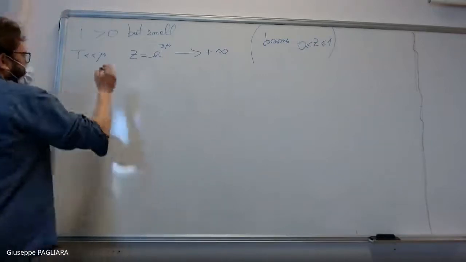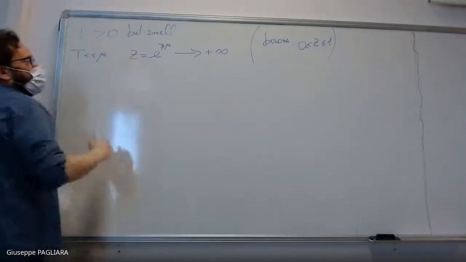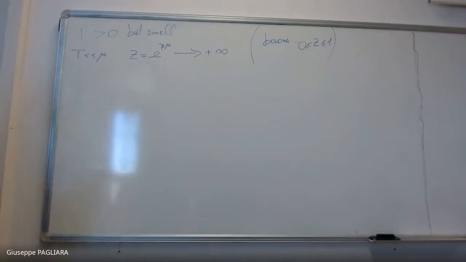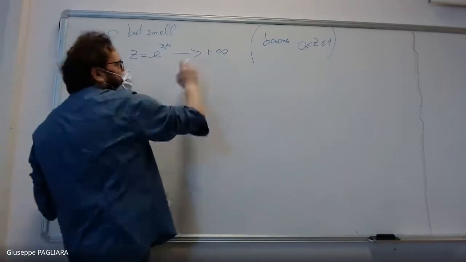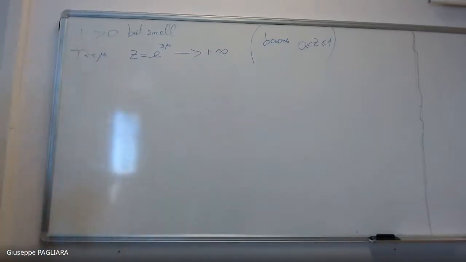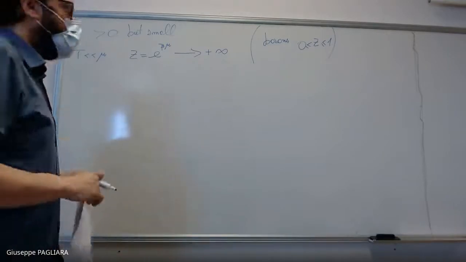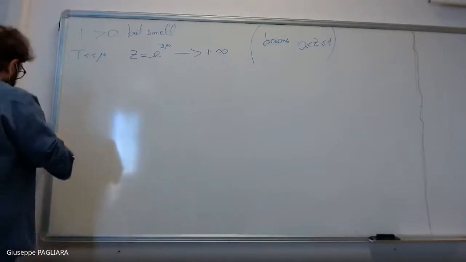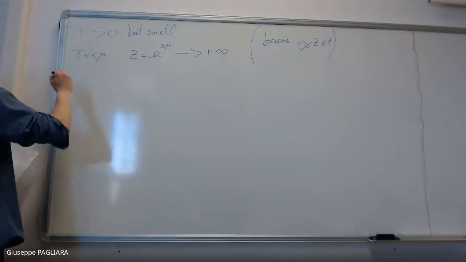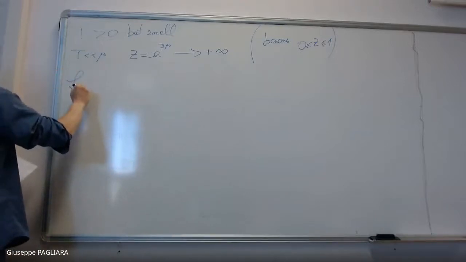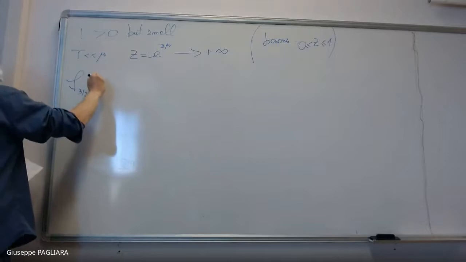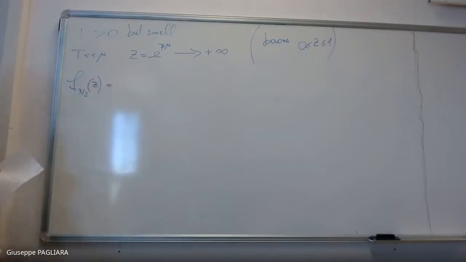This is an important fact because the limit in which we are working now is not the limit in which z is small, which is the classical limit, but for fermions is the limit in which z is approaching infinity. So we are going to make an expansion around infinity, if you want. Okay, good. So first of all, let me introduce a relation that we derived for bosons, and that is